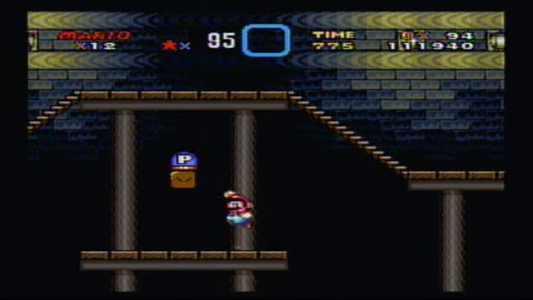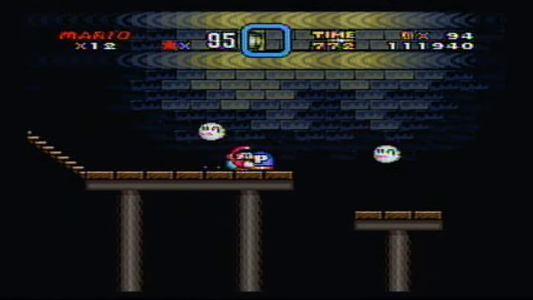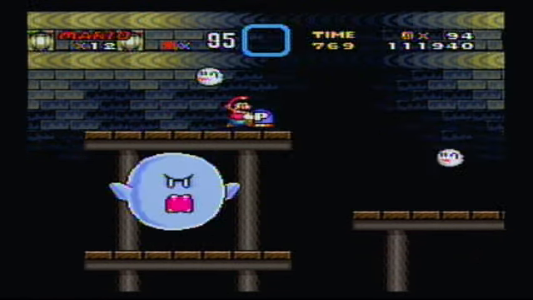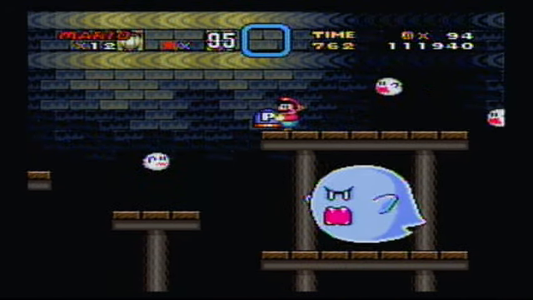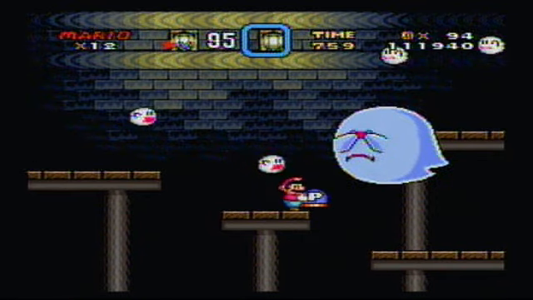Anyway, let's see. 1 up. P-switch. Let's see. If we've learned anything throughout this experience, it's that I should definitely not push this. Although I'm really tempted to, because I think there's going to be a secret door where that big boo is. If I...